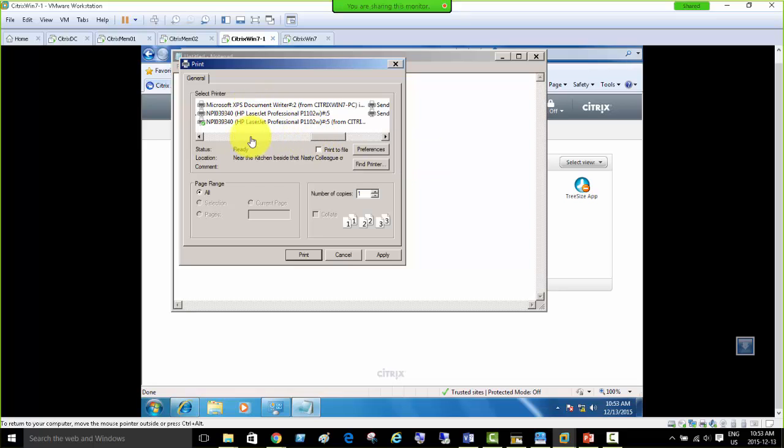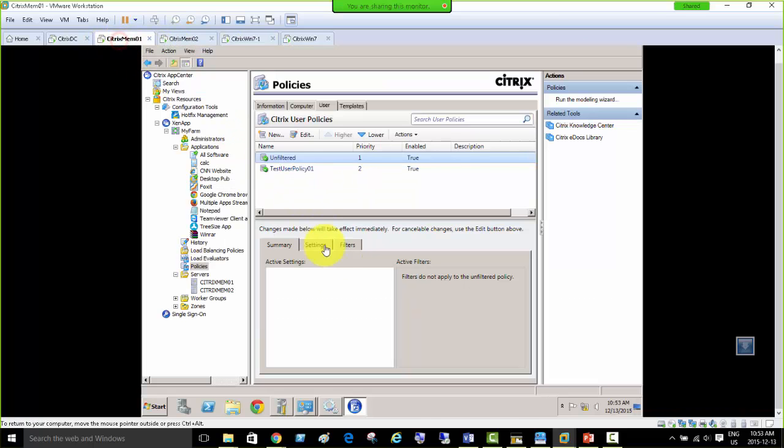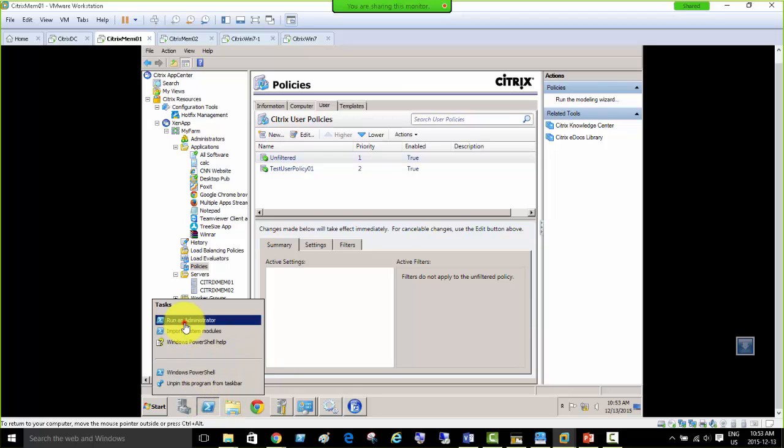Or if we are able to show just the default printer, because this has a green arrow here, so this is the default printer, we can just put a policy and it will start removing or make other printers appear there according to that policy. But this is the default behavior which needs to change. But if we go back to our Citrix server and start the PowerShell,